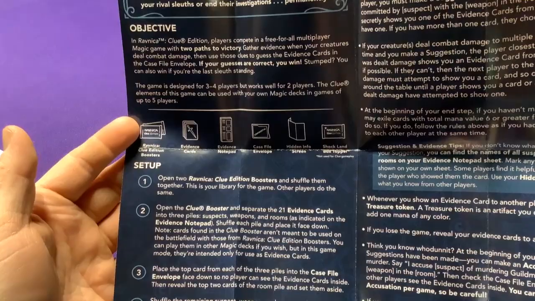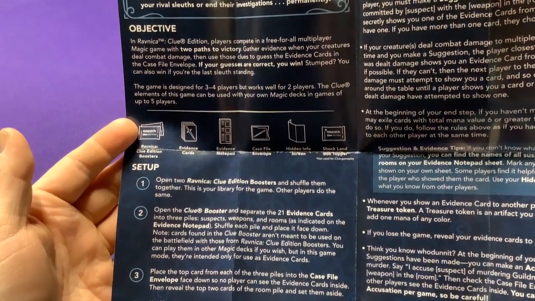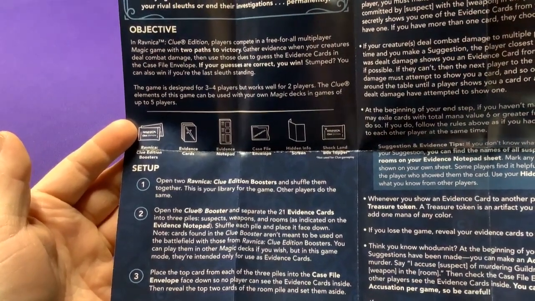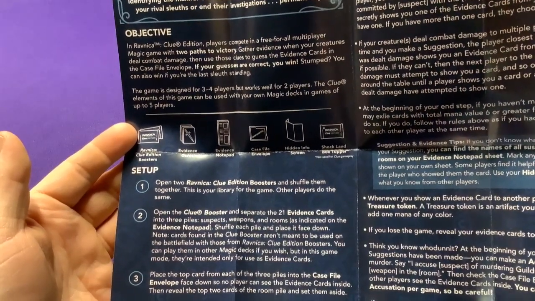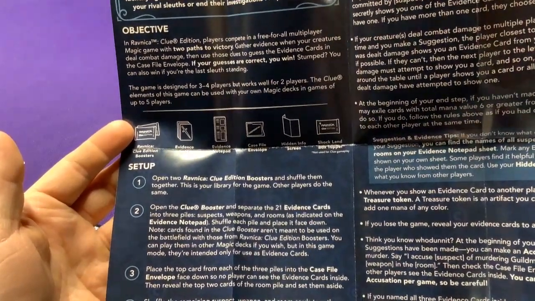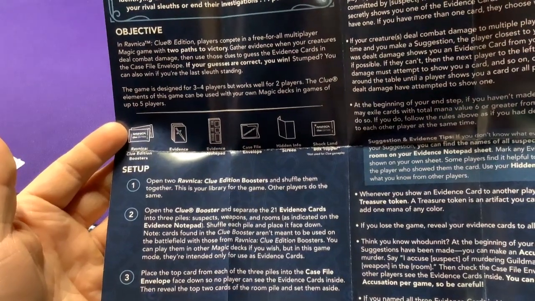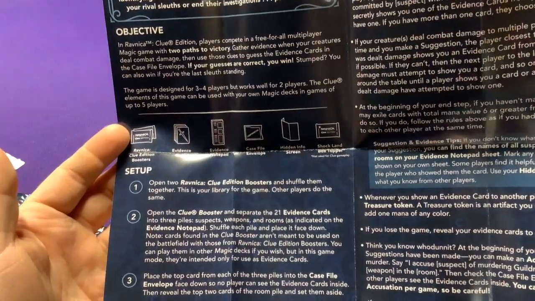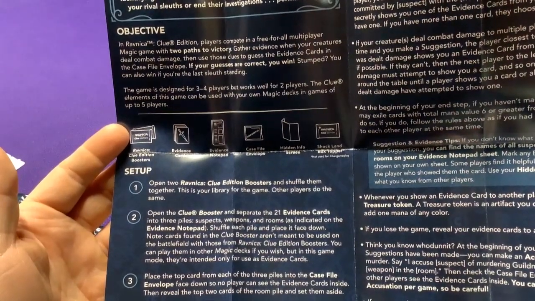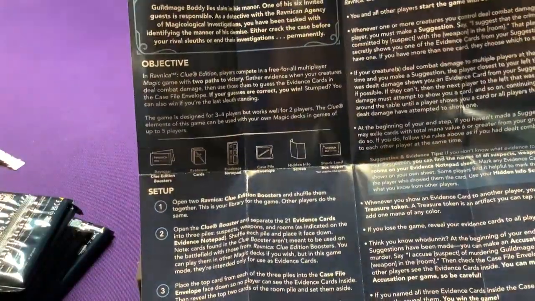Open the Clue Booster and separate the 21 evidence cards into 3 piles, suspects, weapons, and rooms, as indicated on the evidence notepad. Shuffle each pile and place them face down. Note, the cards found in the Clue Boosters aren't meant to be used on the battlefield with those from the Clue Edition boosters. You can play them in any other Magic decks if you wish, but in this game mode, they're intended only as evidence cards. So what that's saying